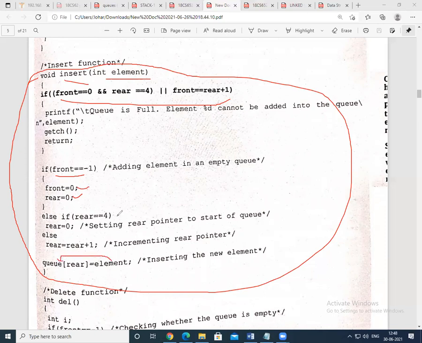Then if rear equals 4, considering the queue size equals 5, you increment the rear to the first position. This is in the case when we have some memory left in the circular queue. Clear?